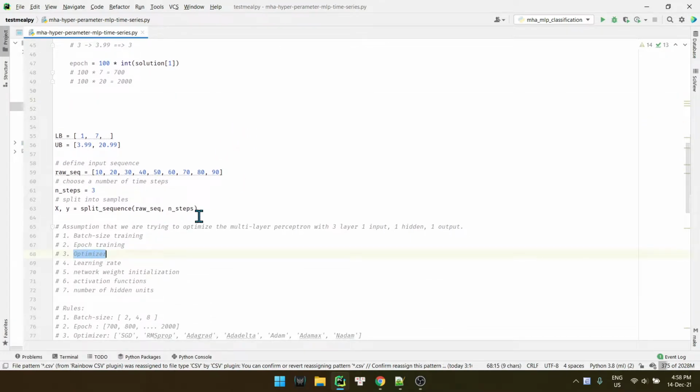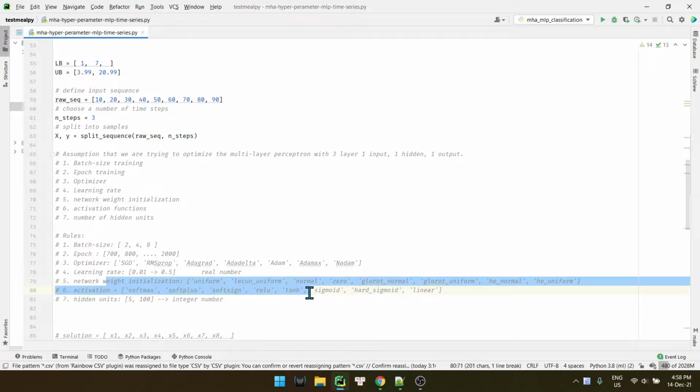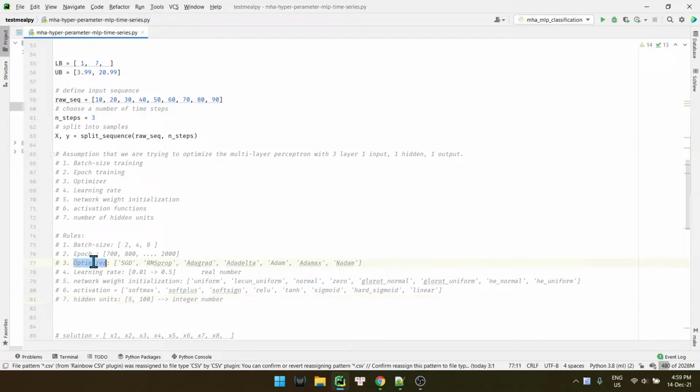So for the optimizer, we need to transform the real number into a string. So how are we going to do it?